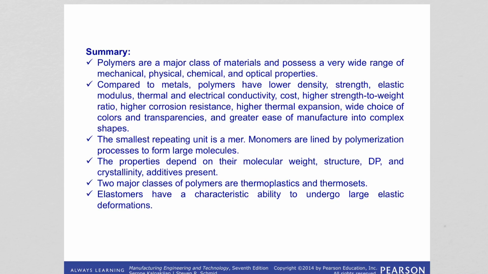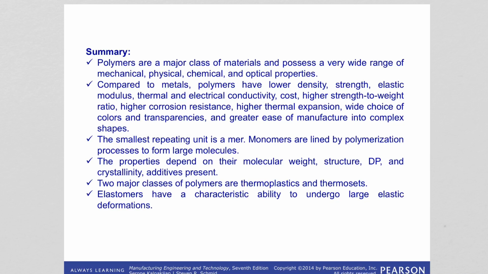So we learned that polymers are a major class of materials with a wide range of applications, and if we compare them to metals, they have lower density, lower strength, modulus, and lower thermal and electrical conductivity, but their cost is higher. They have higher strength-to-weight ratios, higher corrosion resistance, higher thermal expansion coefficient. They can come with a wide range of choices of colors and transparencies. It is easy to manufacture them into complex shapes. And we learned that there is the repeating unit. Repeating unit chemistry can be changed. They add to each other with